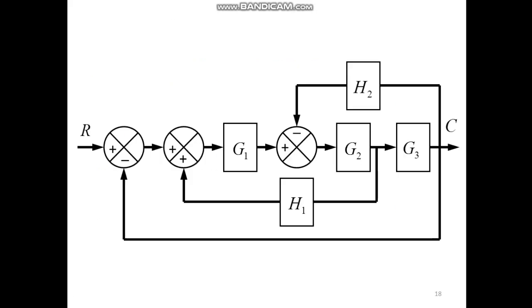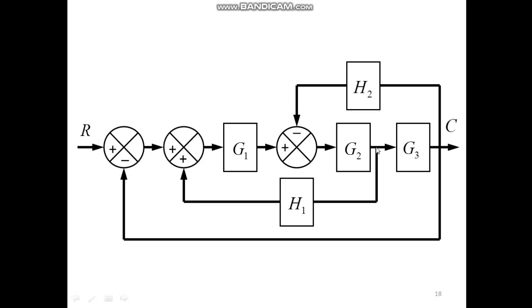Okay, so let us begin with the next example. Here you can see the single input R, then there are two summing points which are connected in series, then there is a block labeled G1, then there is again a third summing point where the feedback H2 has been connected, and for the second summing point feedback H1 is connected, and for the first summing point one feedback line is connected but there is no block present, so you can consider this feedback as 1. Then after the third summing point you can see the block G2.